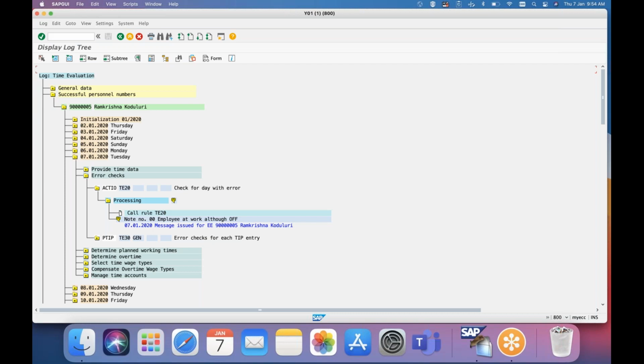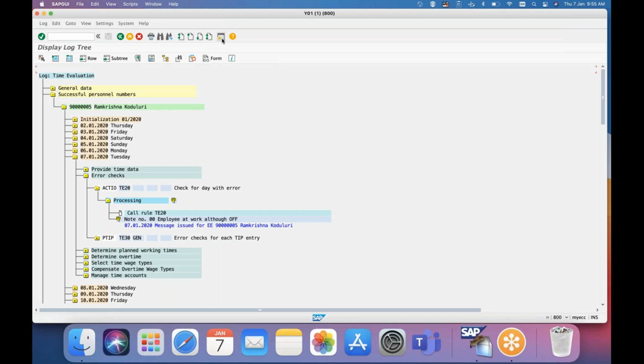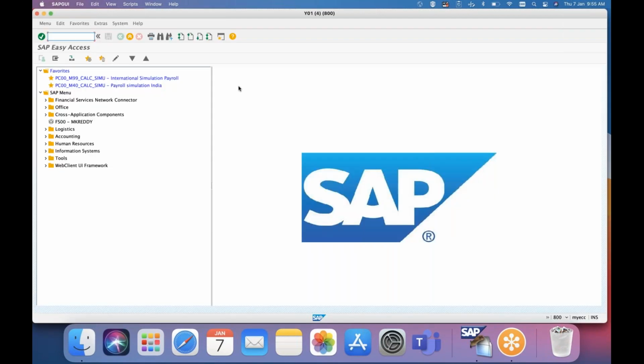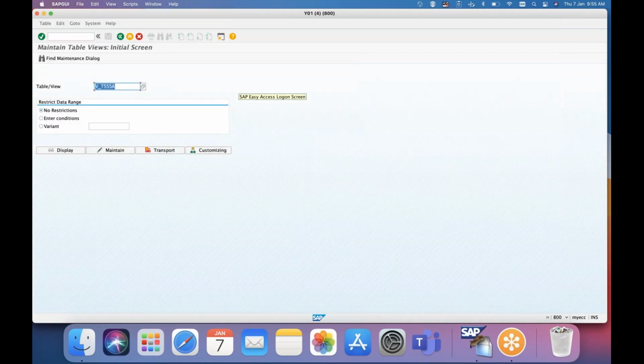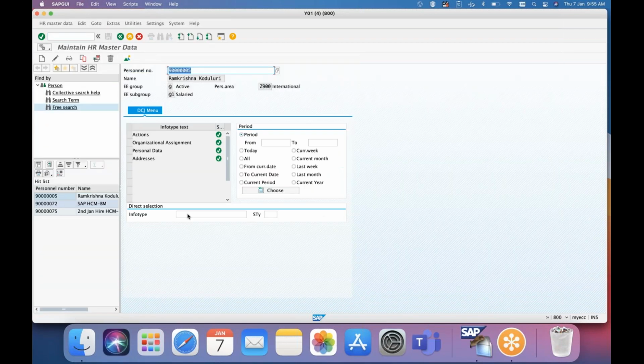Oh, so it only directly shows after the PDF quota function itself, it will update. No, it doesn't. What I meant was there is no function called P2013. There won't be any function. So you can only see the impact of it through PD50 then. You can't see it in the time evaluation log. Okay, say for example, I will maintain something on 3rd.